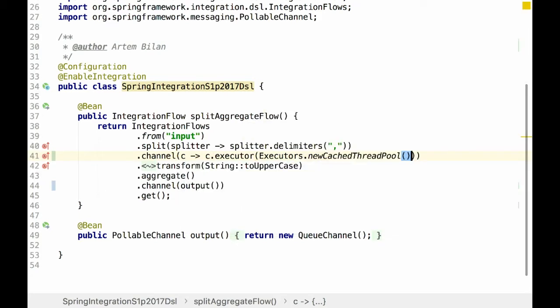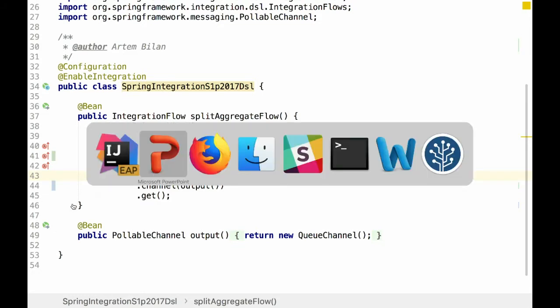It will distribute split messages to each thread, and they will be processed downstream by the transformer and aggregator on their own threads. But when we do it in parallel, there is no guarantee that we will have them in the same order.